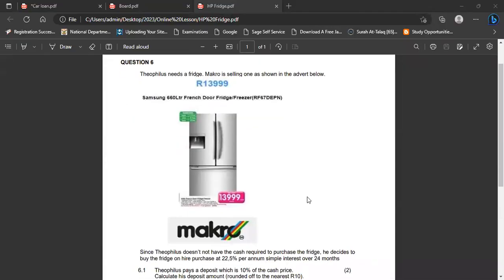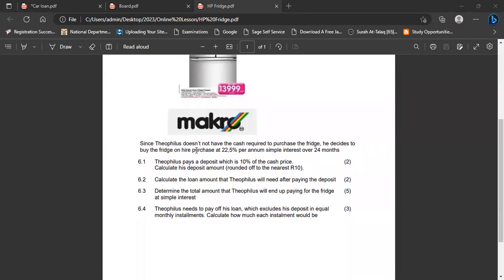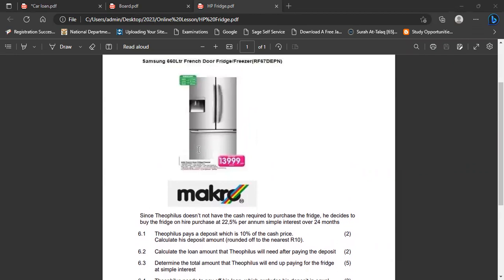All right, let's look at higher purchase. There's an example here. Someone wants to buy a refrigerator worth 13,999 rands. So the person decides to buy it on hire purchase. To take note, hire purchase,